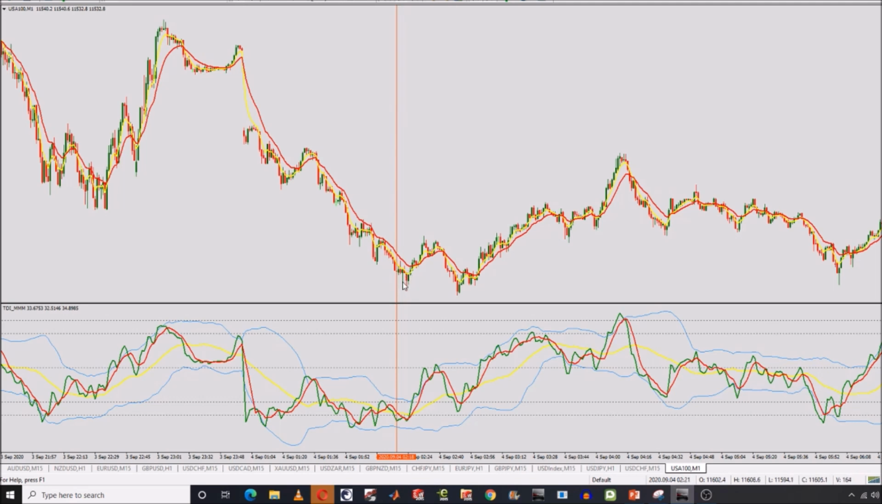So as we can see, this is our first setup. This was the first leg and this was the second leg. The yellow moving average is the period 5 EMA and the red moving average is the 13 EMA. As you can see, the first leg was actually higher than the second leg, implying this was our setup that we've explained. The TDI should show divergence or should be opposite to what is taking place